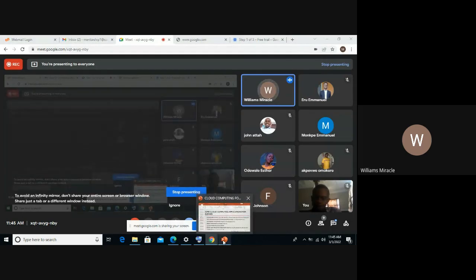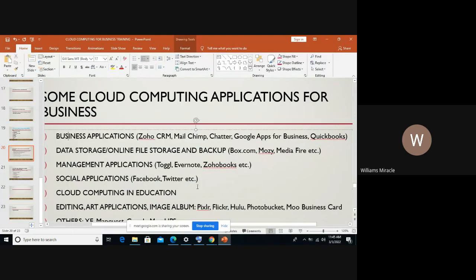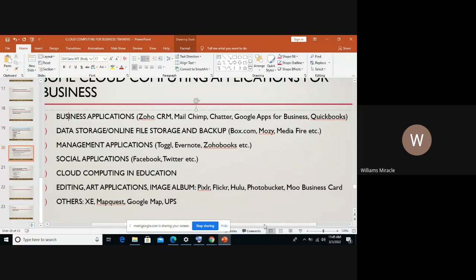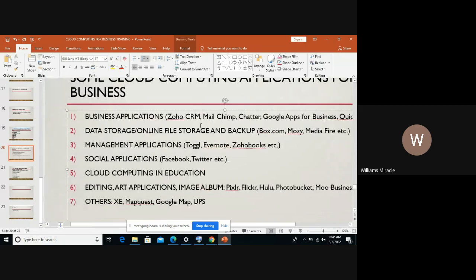So quickly, I believe you can see my screen right here. We'll be looking at what these cloud computing applications are that we can use for our businesses. It has been divided into different categories. We have business applications.